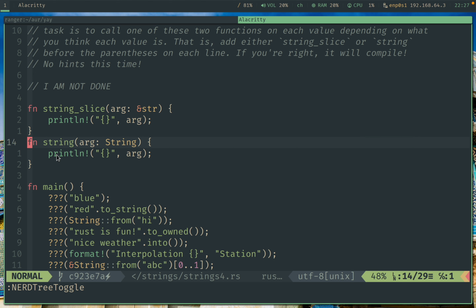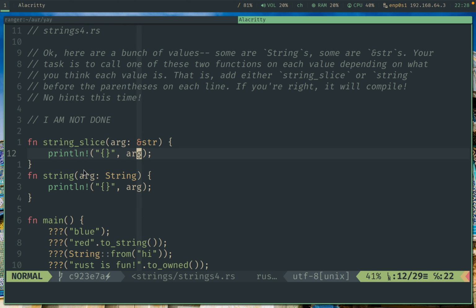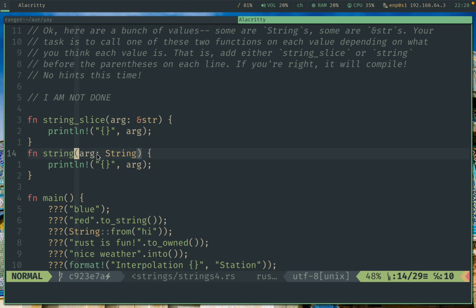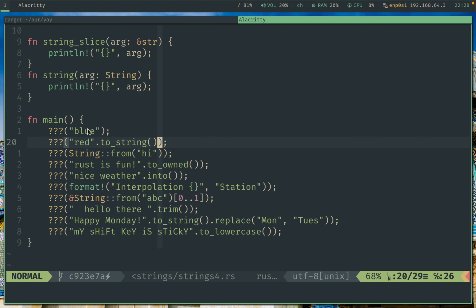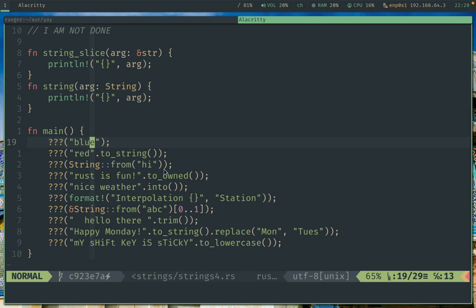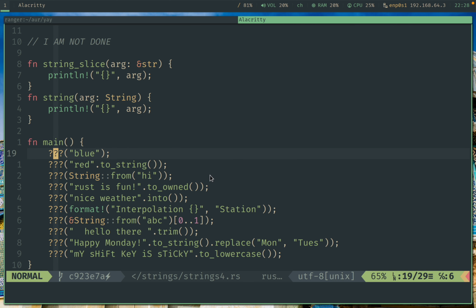So what we have over here are two functions. The first function will take as argument a string slice and will just print it out. And the second one will take an actual string or string object as argument and also will print it out. And we have now to decide if these actually are string slices or actual strings. So the first one